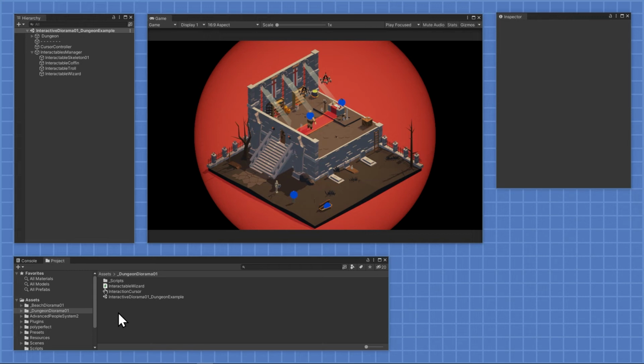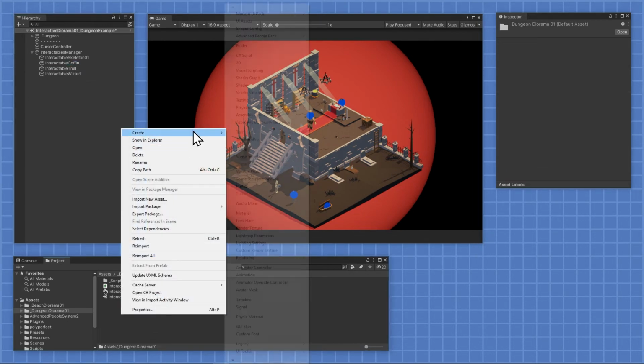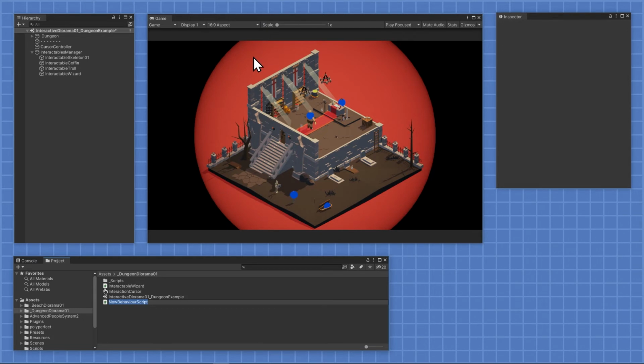All right, so since you've come this far, let's just do something simple and cute. Let's make the skeleton in the coffin pop up and say, hey, dude. And then he does like a flip and says, $20 to continue, player. So let's do a new script and call it